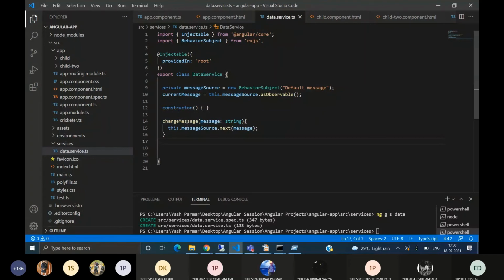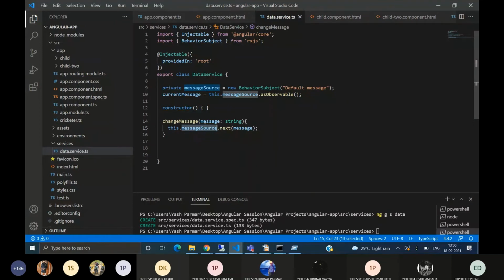Now this method will be called from component 1, and there we will update a new message, and that new message will overwrite the message in messageSource, which is currently the default message.